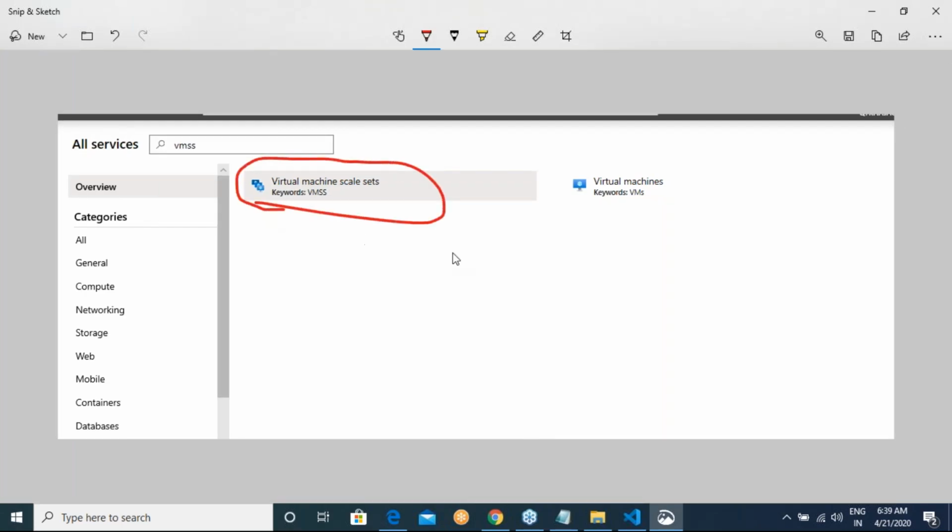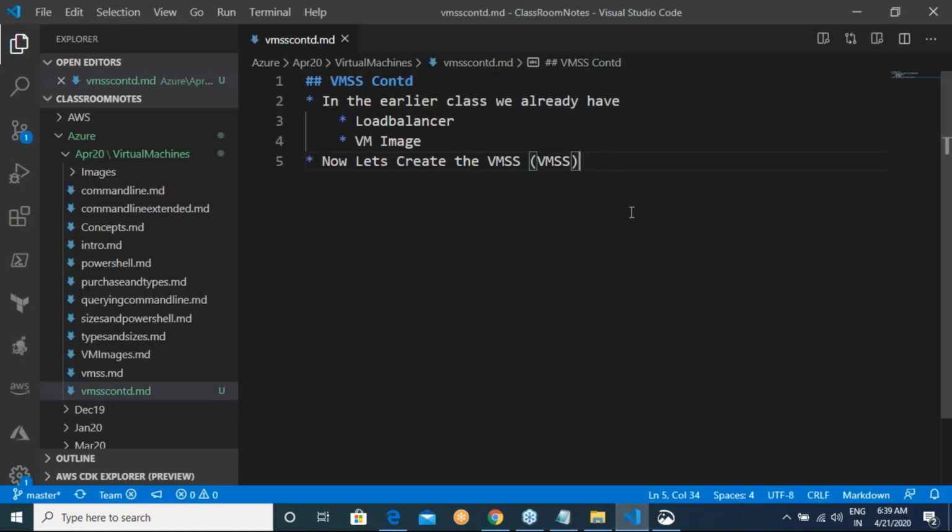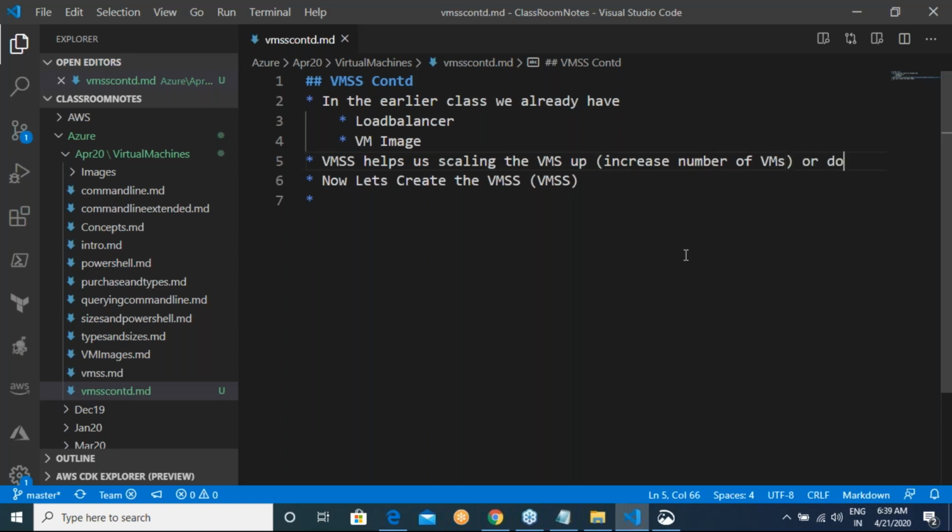So I think we have discussed what a virtual machine scale set is. A virtual machine scale set helps you to scale your VMs depending on some parameter which you can define. Scaling up means increasing the number of VMs, or down.